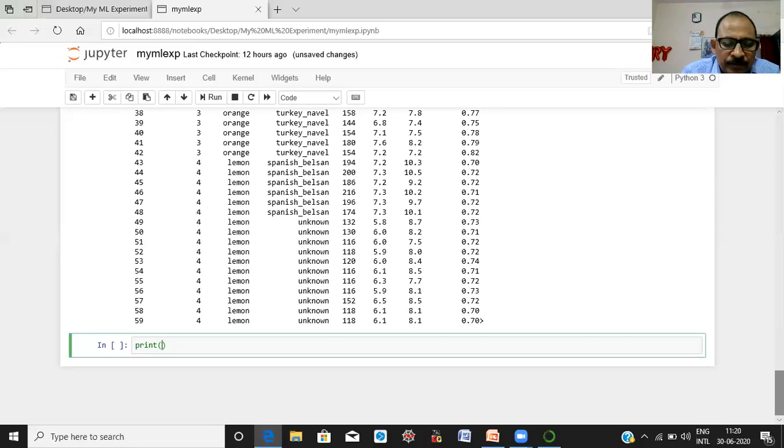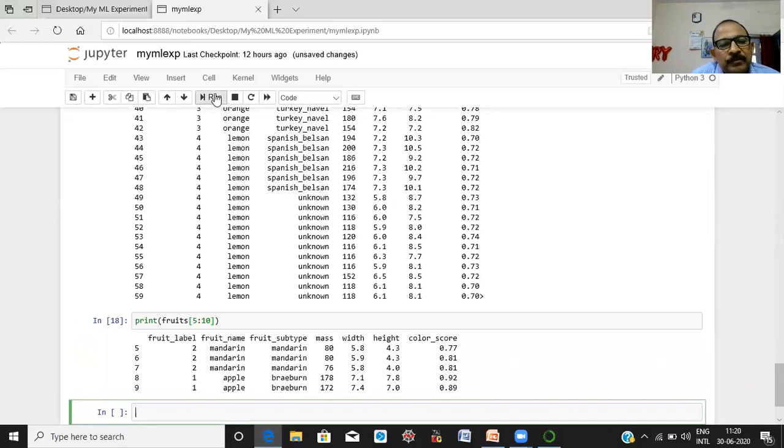Print fruits, here you specify 5 to 10 in brackets, and run it.